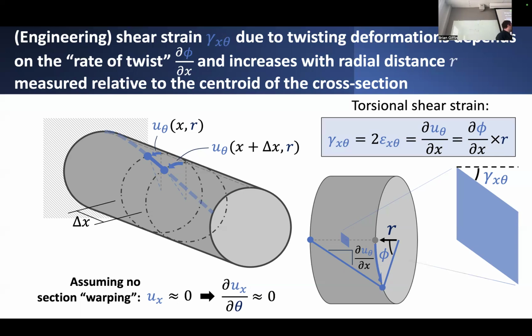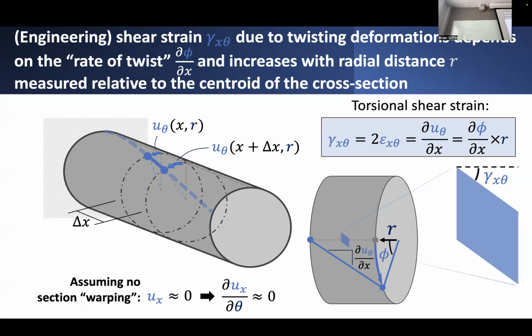We can take out this slice of the shaft of finite length delta x. We can look at how that little scratched line segment on the exterior looks after deformation in this side-on view of this slice. And we can notice that the relative inclination of this diagonal line segment, the slope of this line segment, is precisely the partial derivative or the slope of this angular displacement function with respect to axial coordinate. It so happens that through our usual strain displacement relationships, we can also come up with an expression for